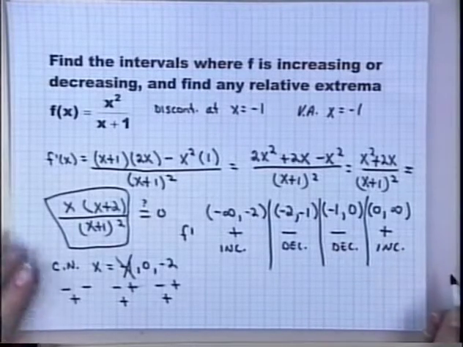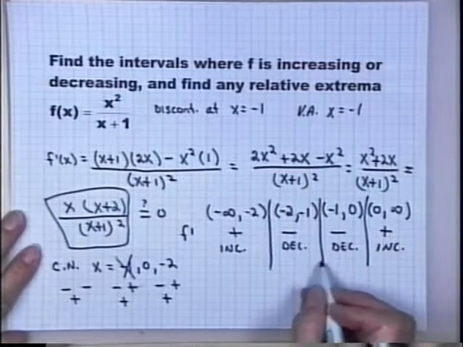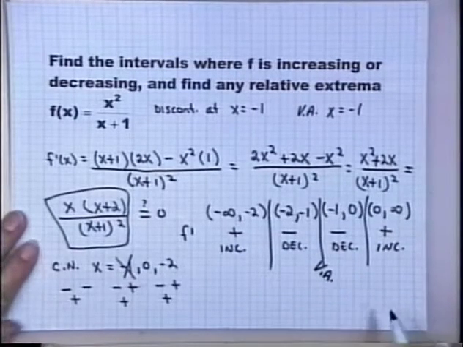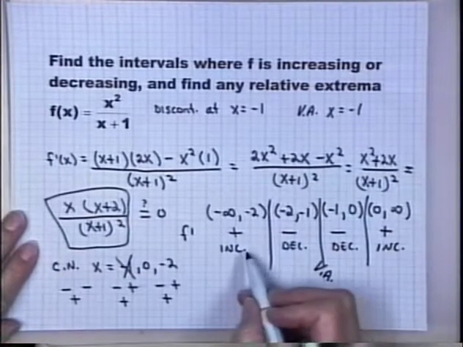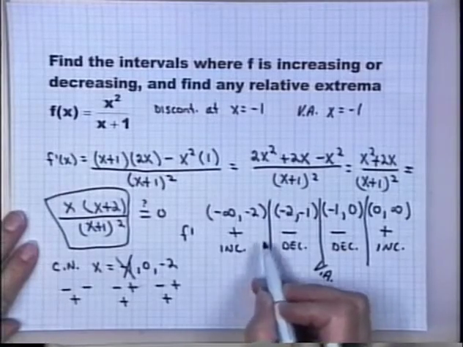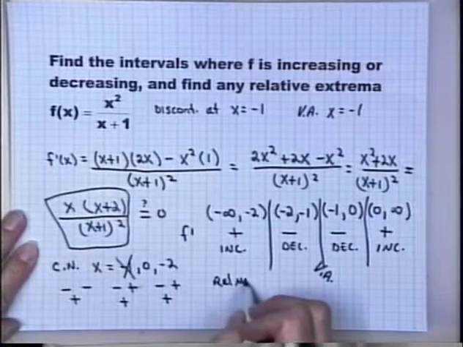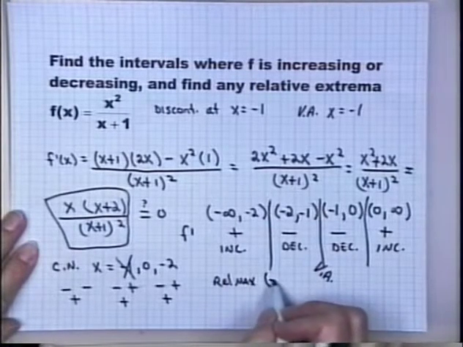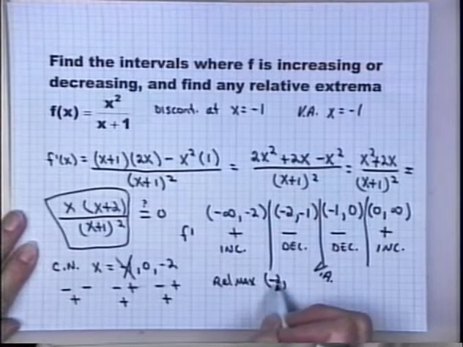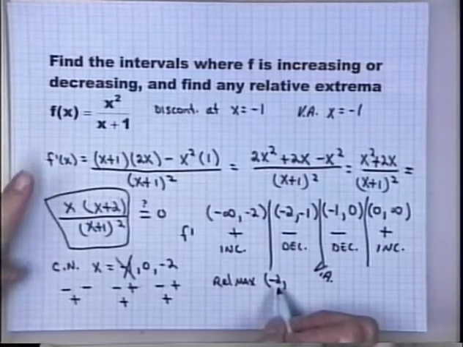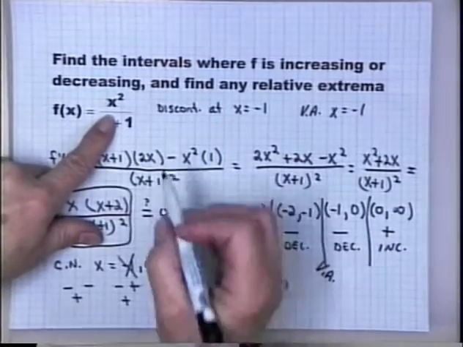Now, notice at this x equal -1, that's where my vertical asymptote is. But I went from increasing to decreasing, so I had a relative maximum at x equal -2. Now I'm going to go ahead and put the x value of -2, and we're going to find the y value that goes with that. -2 squared would be